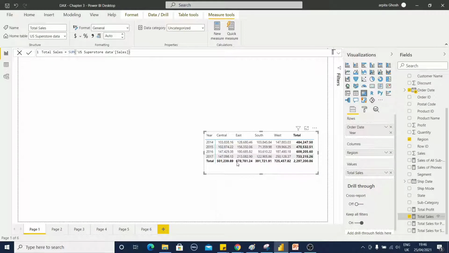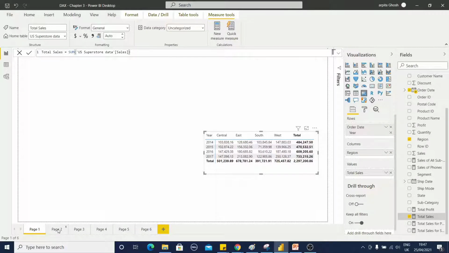Now we can observe that for each and every column and row, the value is different. Why is it different? It is because of the year and region values. I didn't mention any filter within this calculation, yet it is still taking the filtered value because of the implicit filter columns, year and region. So this is called implicit filter context.